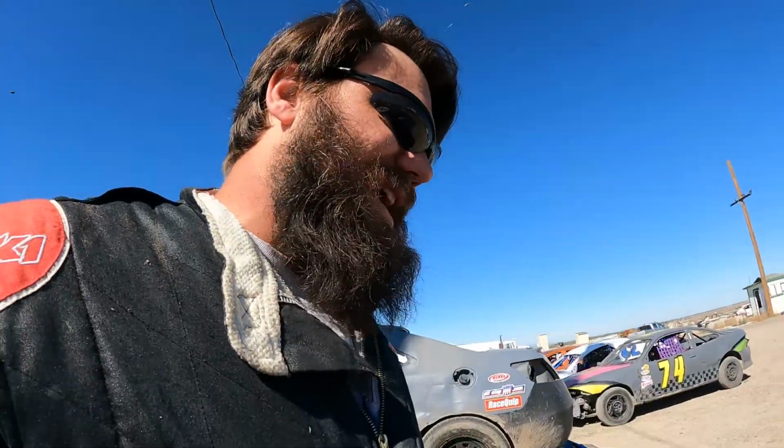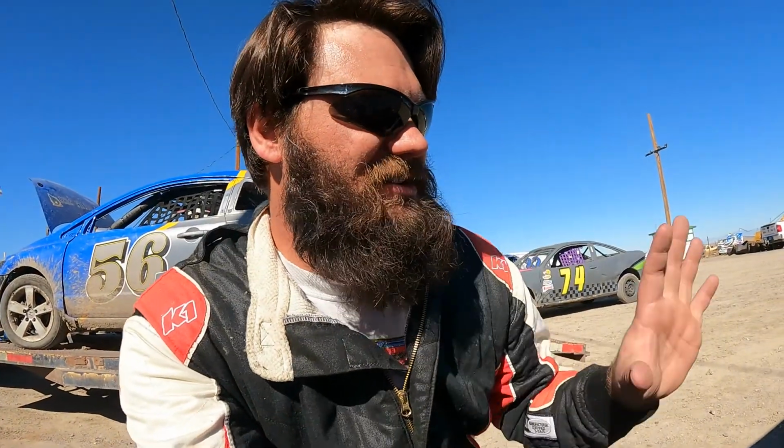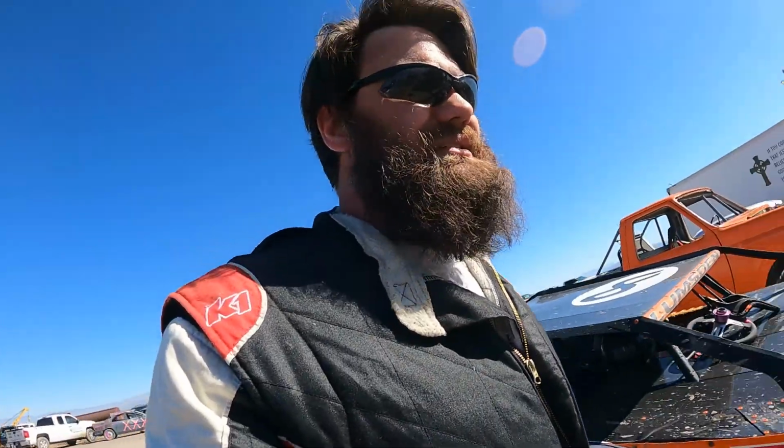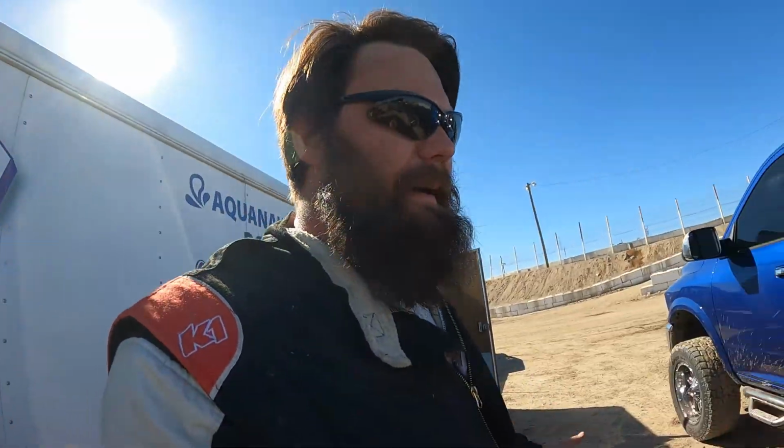A couple changes I want to make for the main though. I'd like to get it down into the track. So last night the only tire that I had was on a 3-off wheel here. I think what I need to do is put a 4-off wheel there, suck that in just a little bit so it'll roll over a little bit harder. It's cold at night here. It's racing in the desert, cold at night, but it's still a nice warm day today. And we're racing in the middle of the day today. We started at 1 o'clock, so it's gonna dry off and slick off pretty fast. So I just want to